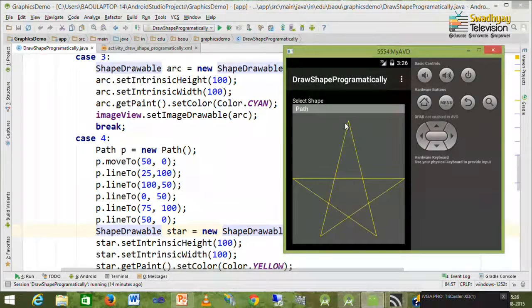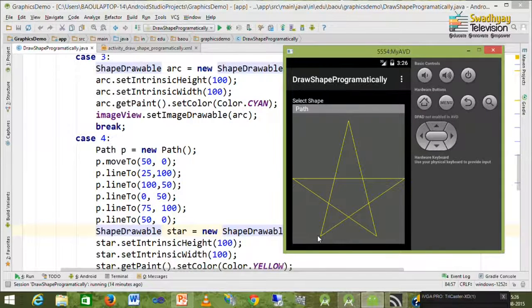Now, this point is 50, 0. Now, this width is 100. So, this middle point is 50 for x and 0 for y. Now, here if you can see, this is half of the center point. So, x is 25 and height is 100.